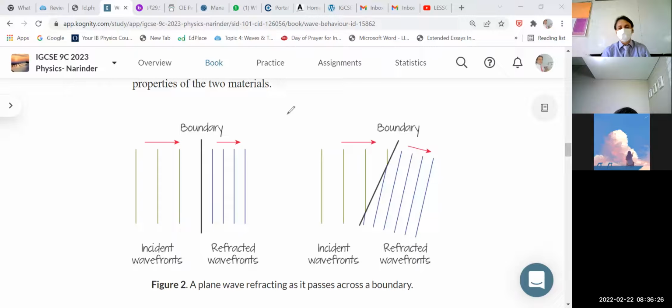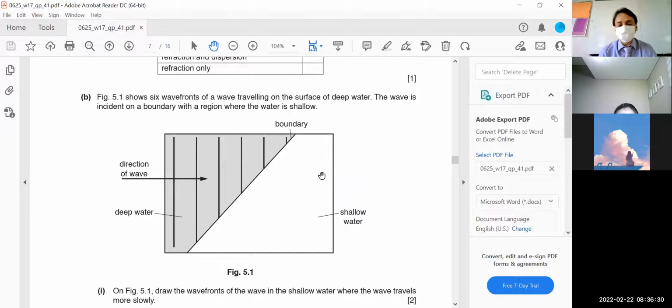And this question, look at this question. This is from the IGCSE past year papers. That is the problem. Figure 5.1 shows 6 wavefronts. You can count these 6. First, second, third, fourth, fifth. 6 wavefronts are there. Traveling on the surface of deep water, the wave is incident on a boundary with